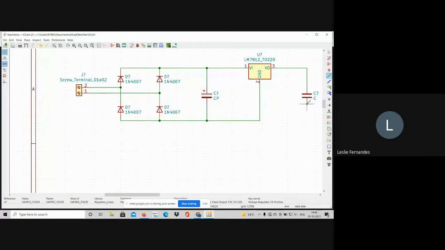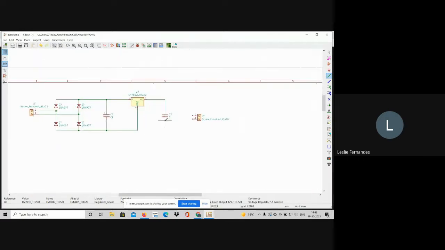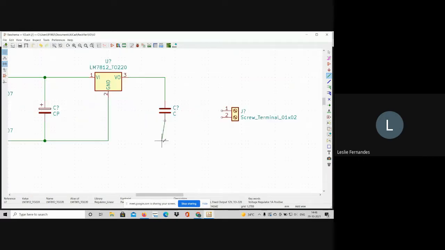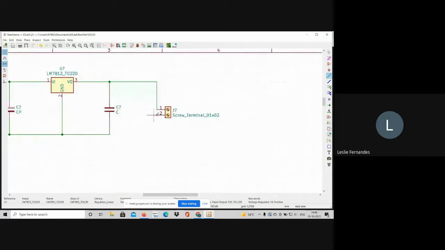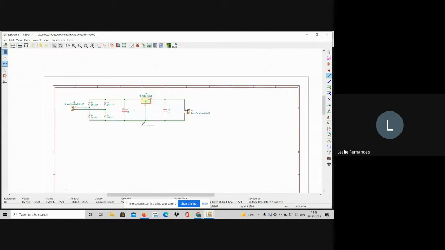Now your circuit, if you're in an industry, your circuit will be looked upon by many people. And if it's a complicated circuit, and if you want someone to troubleshoot it for you, you need to keep it neat and symmetric. So you can notice that I've kept this circuit very neat and symmetric. Okay, so that if I give this circuit to anyone else to read it, it will be very easy for him or her to read it.